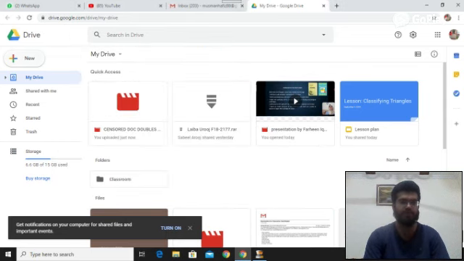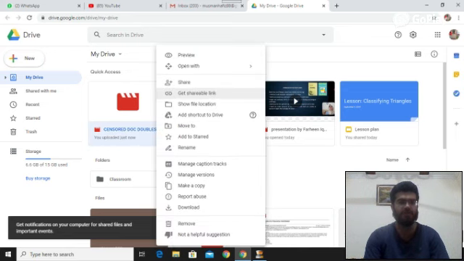So this will open here on your Google Drive. Next thing you need to do is simply click right on your uploaded file, and you have then two options: either to use this share option, in which you will have to provide my email and the link to your uploaded file will be shared with me. For instance, let me do it for you.